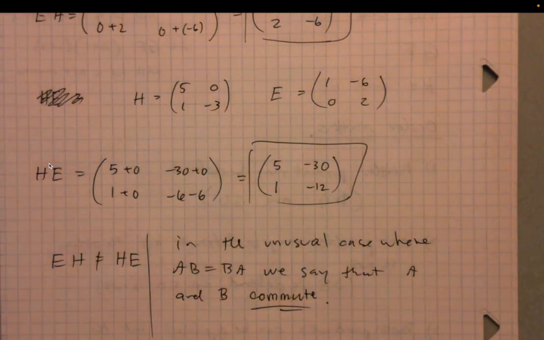Right, this is the commutative property. 2 times 5 is equal to 5 times 2. Now, in general, matrices don't have that property, but some do, and we'll see later what those look like. But in general, matrix multiplication is not a commutative operation. There is a subset of matrices where it does work, and in those instances, when AB is equal to BA, we say that those two matrices A and B commute. Okay,